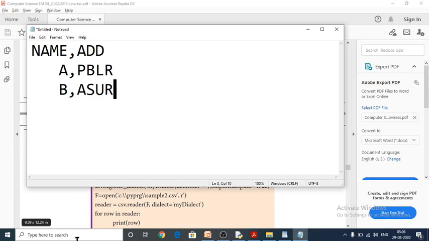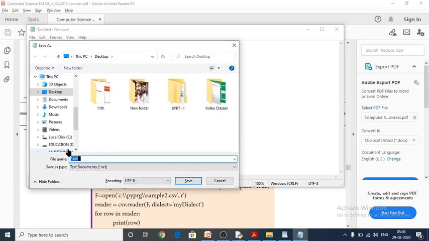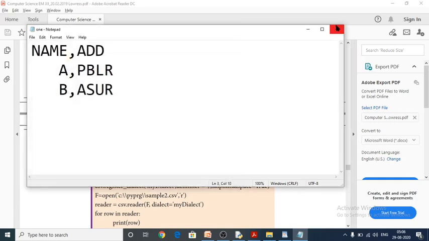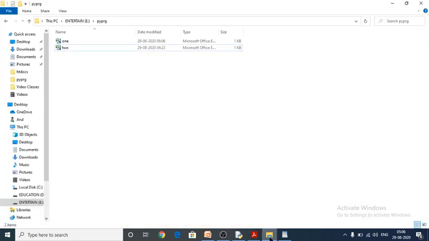Within the same folder as my program I would like to save it as 1.csv. Afterwards go to the destination folder, see there 1.csv is there.